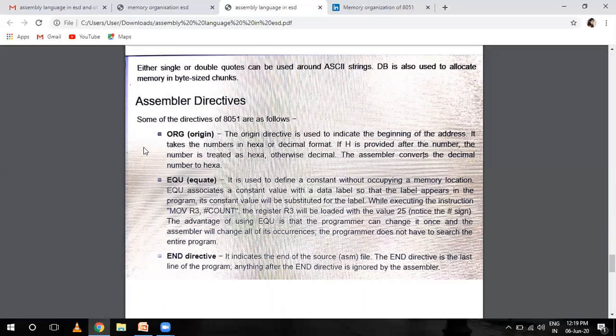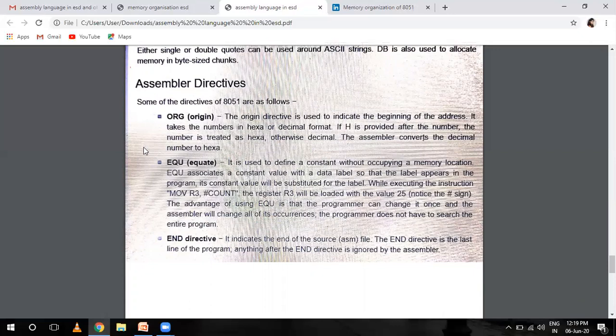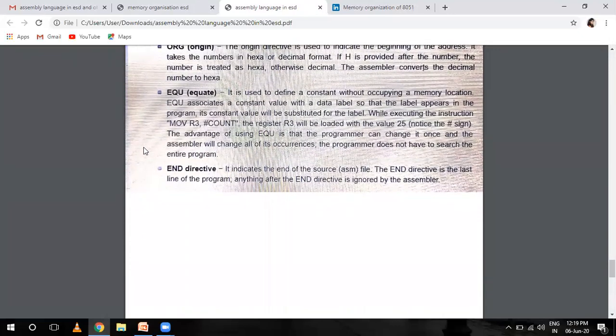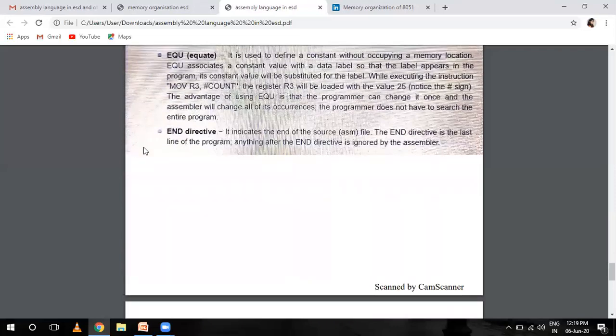The advantage of this equate is that the programmer can change it once and the assembler will change all of its occurrences. The programmer does not have to search the entire program. The END directive is used to indicate the end of the source ASM file. The END directive is the last line of the program. Anything after the END directive is ignored by the assembler.